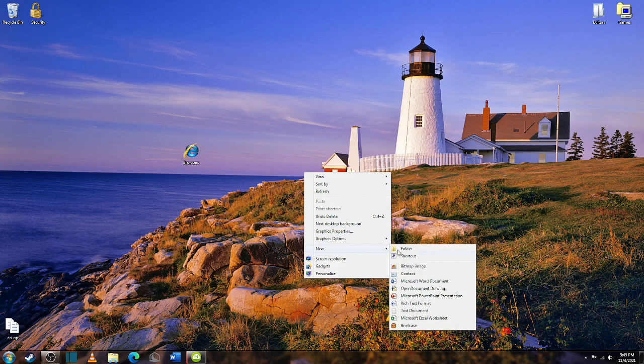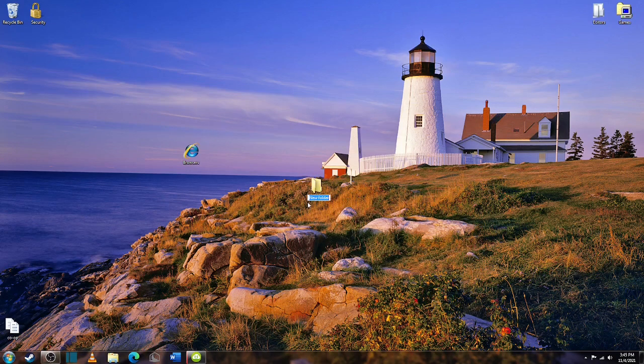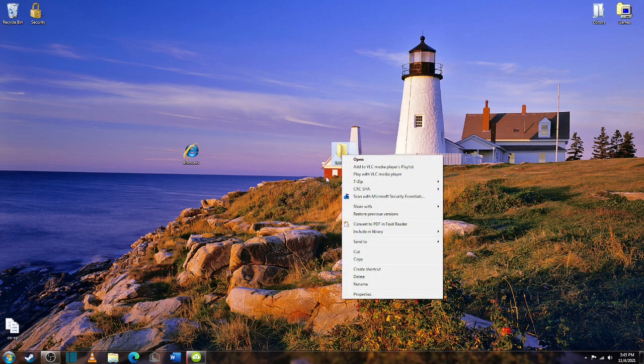So what you're gonna have to do is right click on your screen, hit new, and then hit folder. And then you can name this folder whatever you like. For example, I'll be naming it test folder. And then you hit enter, and now you got your folder, which you can interact with, and y'all know how folders work. And so what you're going to want to do is right click it,